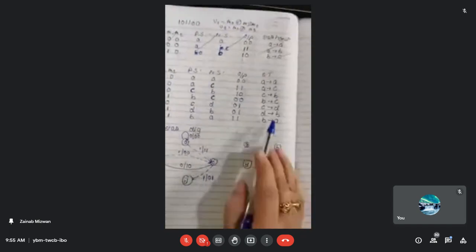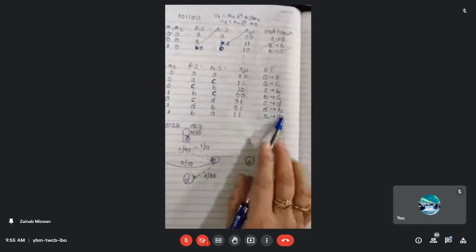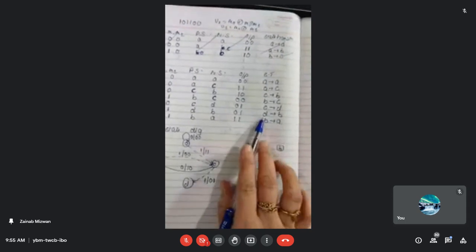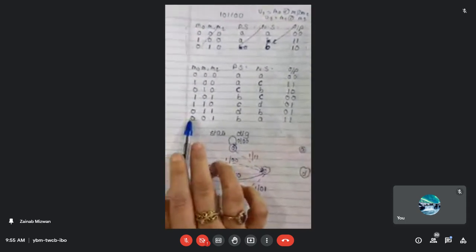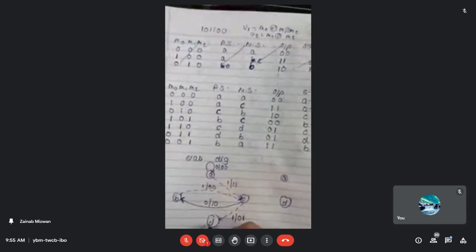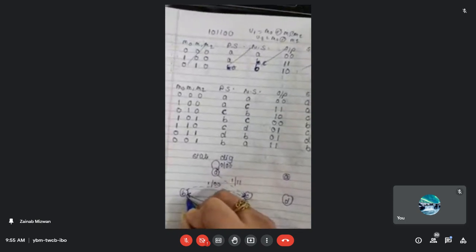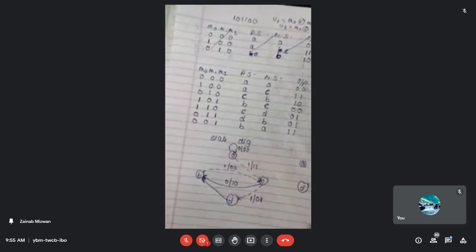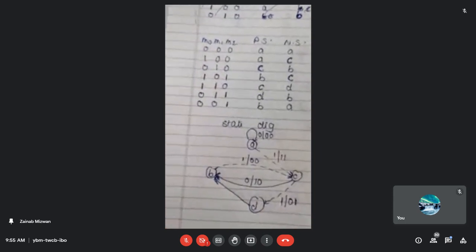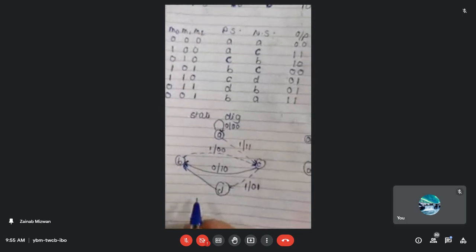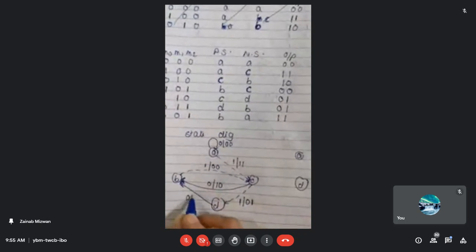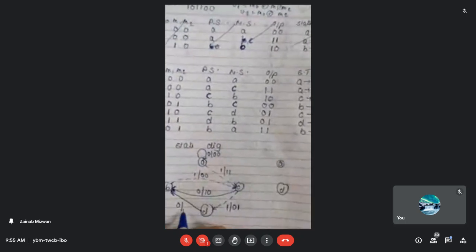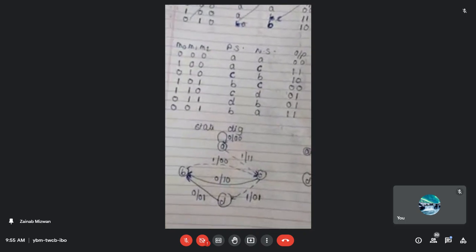Again we have reached state D. Now from state D we have to move to state B. While moving from state D to state B, the input is 0. So we will move from state D to state B, but it will be shown with a solid line. I am just showing the arrow in which direction we are moving. Now the input is 0, and the output is again 0 1 over here.